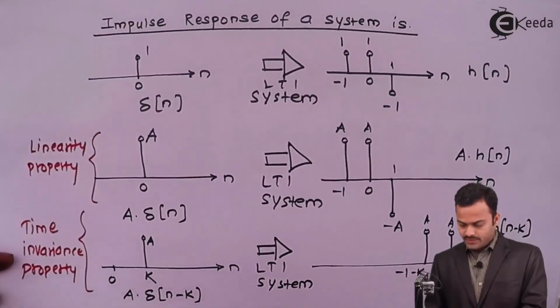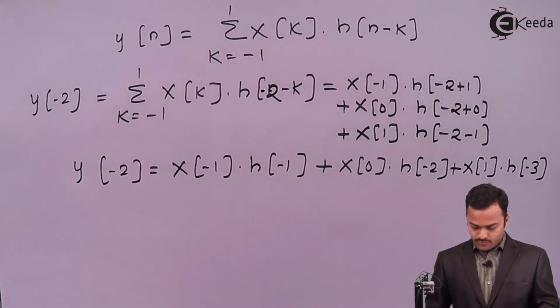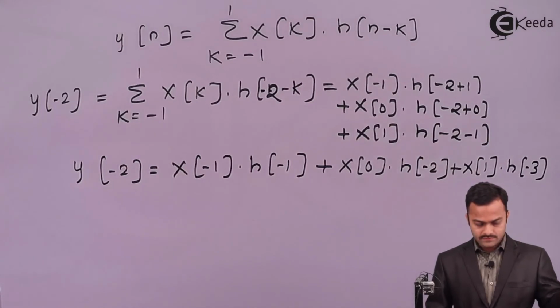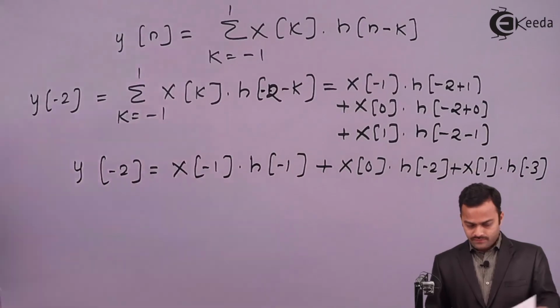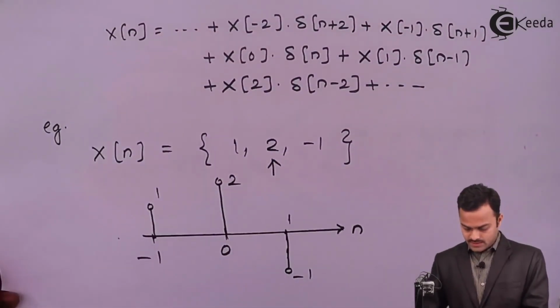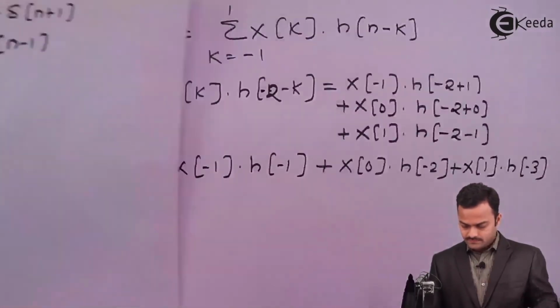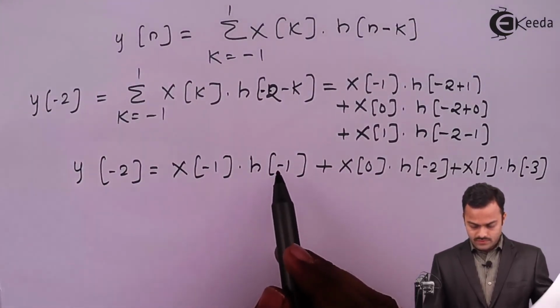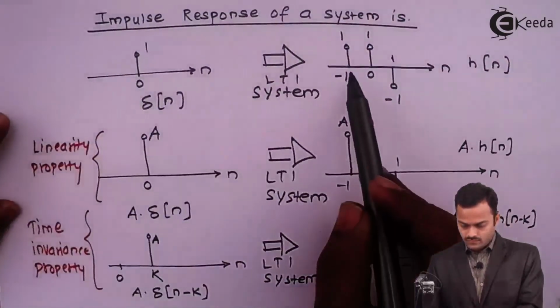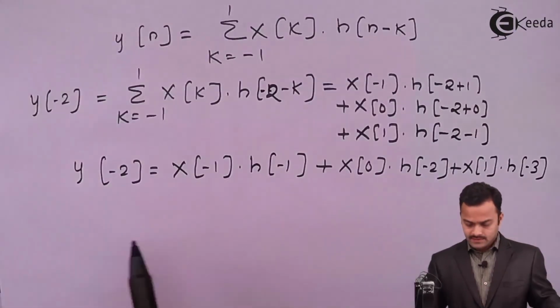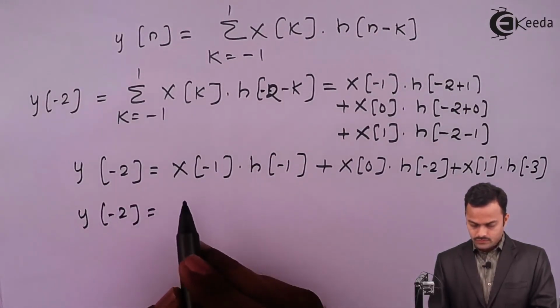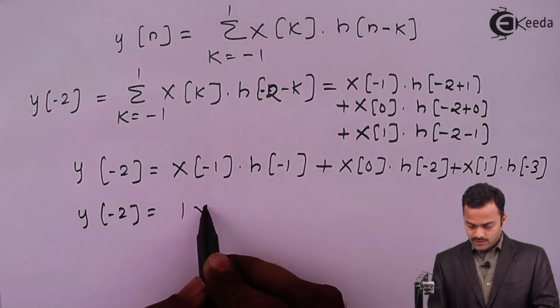The original sequence is over here: x of minus 1 is 1, and h of minus 1 is also equal to 1 in this case. So y of minus 2 equals 1 multiplied with 1,